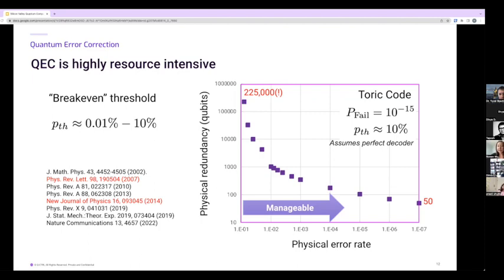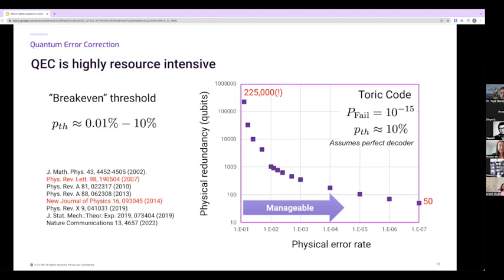And this just becomes completely infeasible and impractical. If we're to have just a small number of logical qubits, on the order of 10, then we would require millions of physical qubits. And most of the quantum processors out there and available today are on the order of maybe tens or maybe hundreds of qubits. So as you can see, it's quite a ways away to achieve practical quantum error